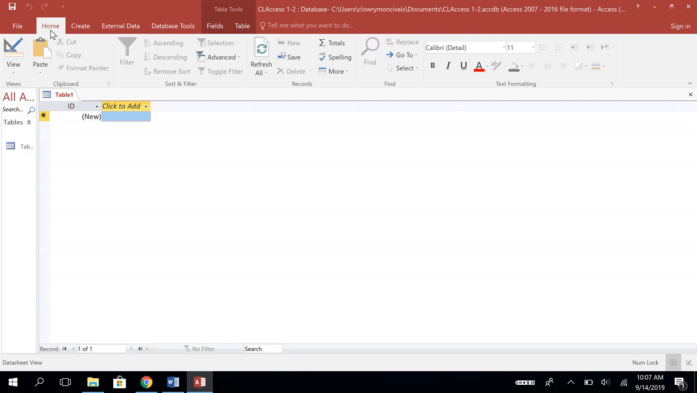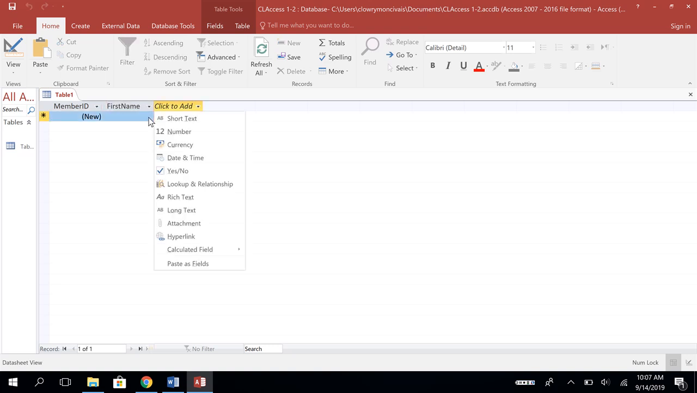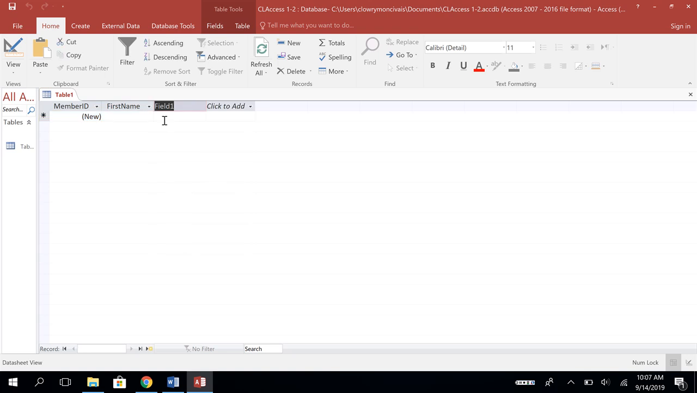So the first thing we're going to do is double click the cell containing ID. And now it's highlighted and I can type member ID. We want to hit enter. Be sure that you type it exactly as it says, member ID. And this is going to be short text. Now it automatically gives us another field. It's already highlighted. So all I have to do is type first name. Enter, short text, last name,